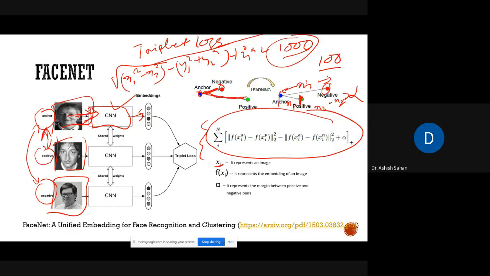Then this CNN is automatically trained so that if you give it two images of the same person, it produces embeddings which are close, while if you give it two images of different persons, you get embeddings which are farther away, at least alpha distance away. That's what this triplet loss function is about.